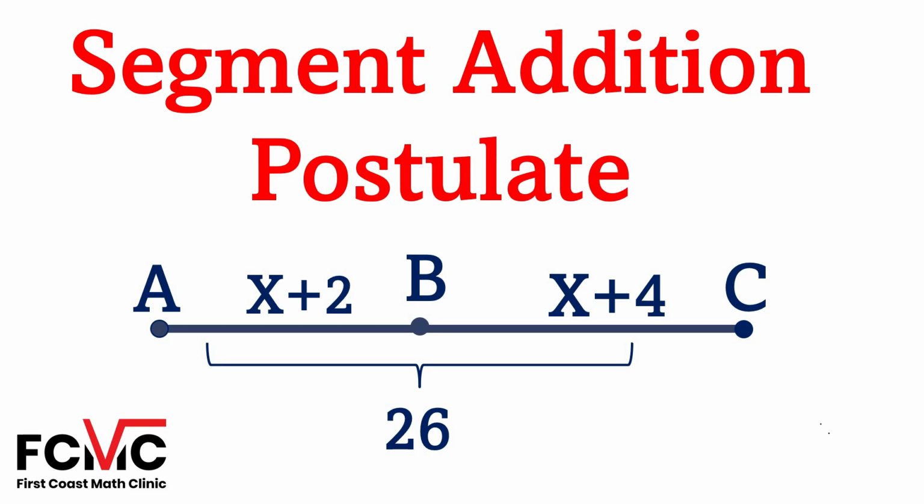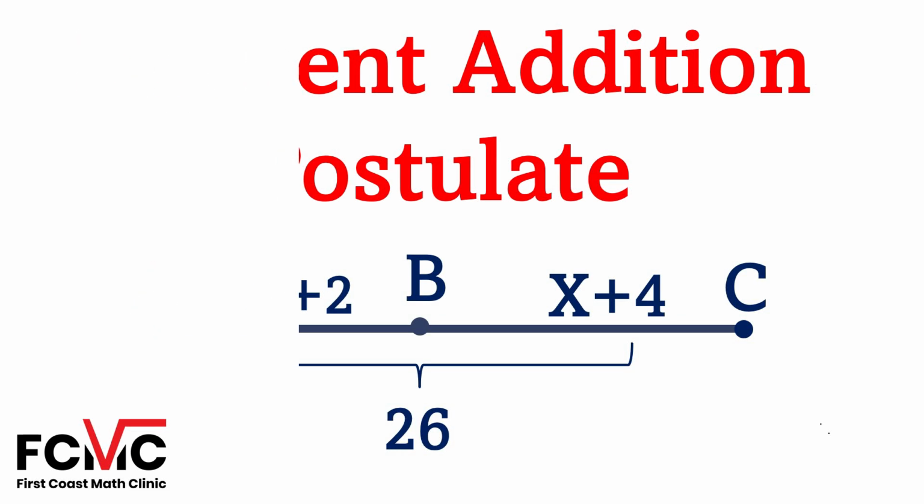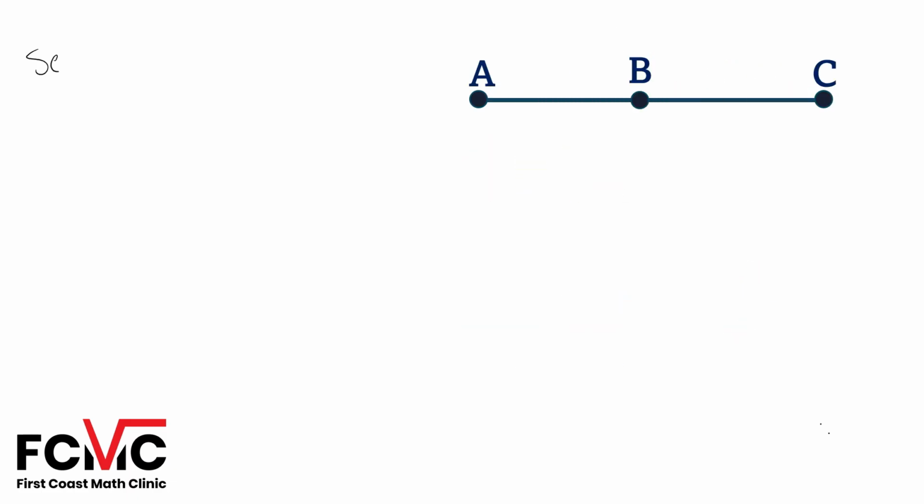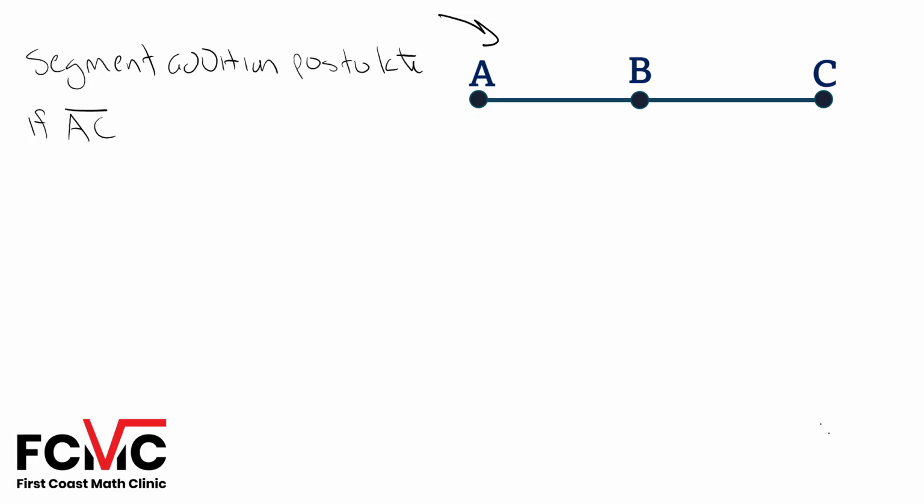In this video, we're going to talk about the segment addition postulate. Let's get into it. Let's start with just writing out our segment addition postulate. So we have segment AC over here, and we're going to use this figure as our segment. And our segment addition postulate basically says if we have a segment, in this case AC, and we have a point on that segment, in this case point B,